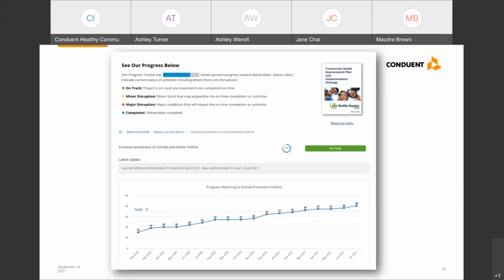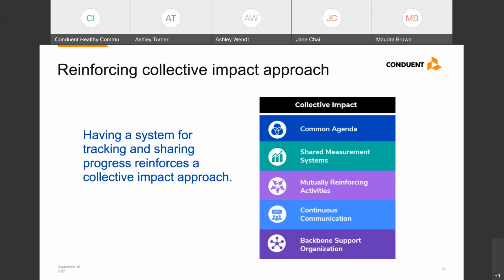So whether you're reporting this on paper or through a software system, such a feature will likely be an important part of your reporting. Madra, we've covered a lot here in terms of tracking strategies, and I'm going to hand this back off to you to close us out and share any final words on the things we've discussed today. Sure, thanks so much, Jane.